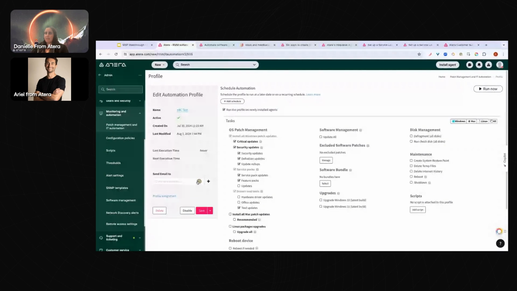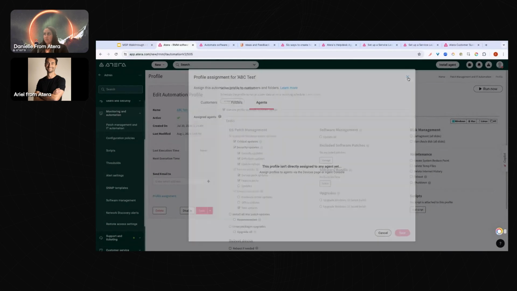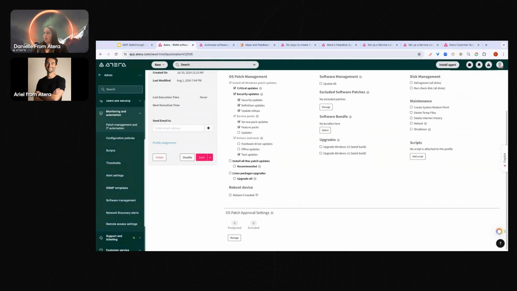The profile assignment for automation profiles, it's the same logic that we saw before. You click on the profile assignment button on here. You can do it based on customers, specific folders, or specific agents from the agent page. And the last thing I want to mention while we're on this page is the reboot if needed checkbox that